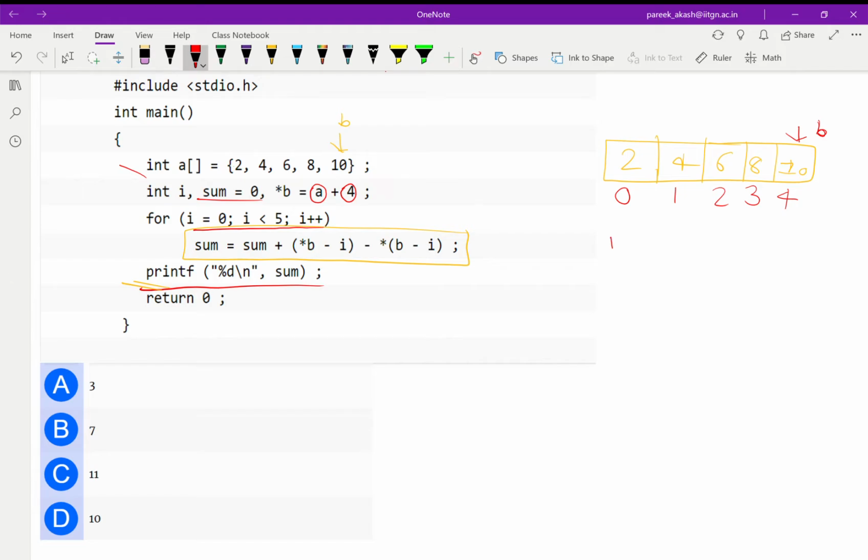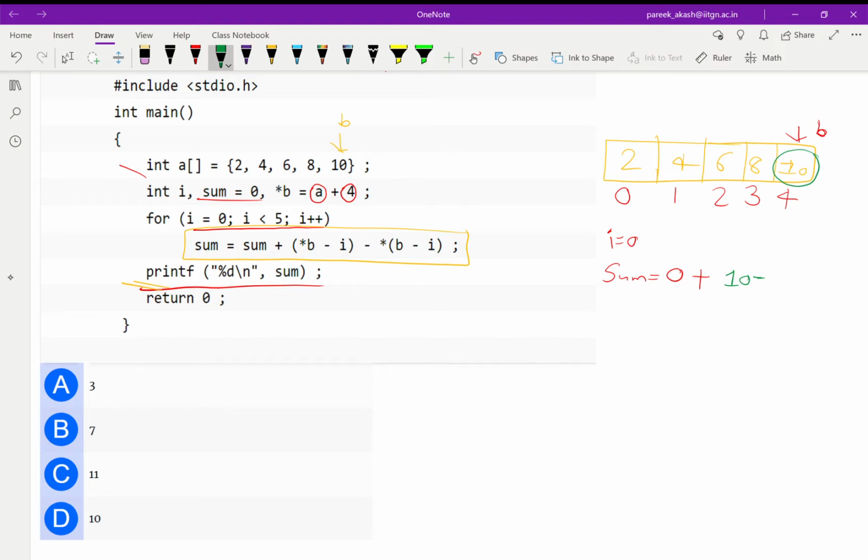So let us see, when I equals 0, sum equals, initially the sum is 0, so it will be 0 plus star of b. If b is pointing to 10, then star of b will give out the content of this location, which is 10. So it will give us 10 minus I, and I is now 0.